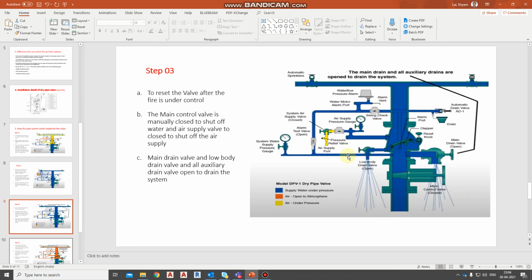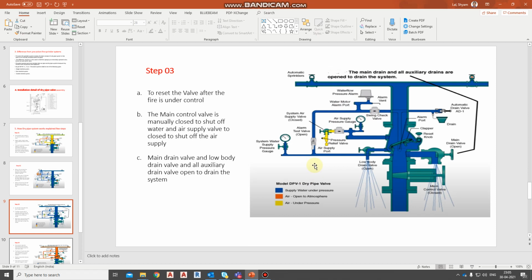So now we come to the third step. Once the fire is under control, to reset the valve, the main control valve is manually closed to shut off the water, and the air supply valve is closed to shut off the air.